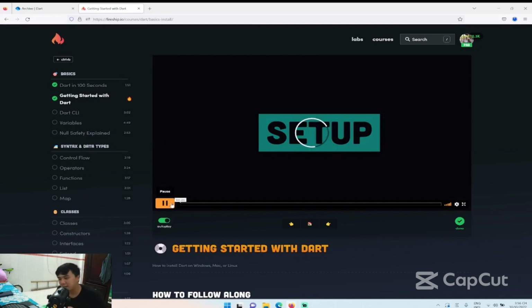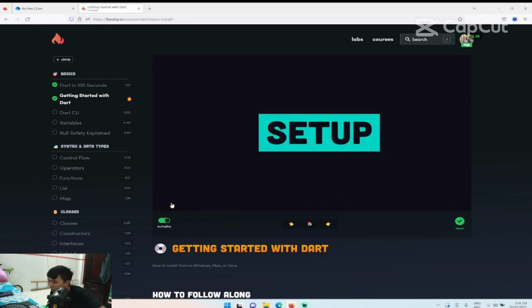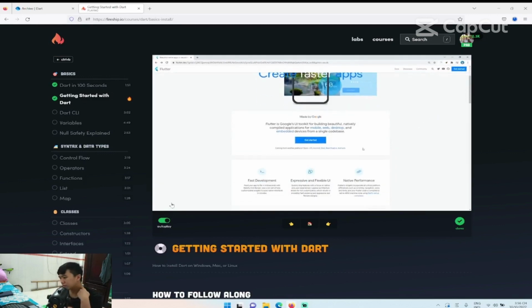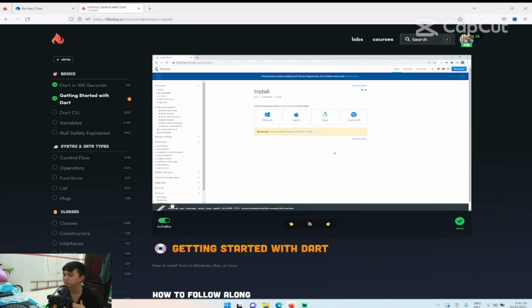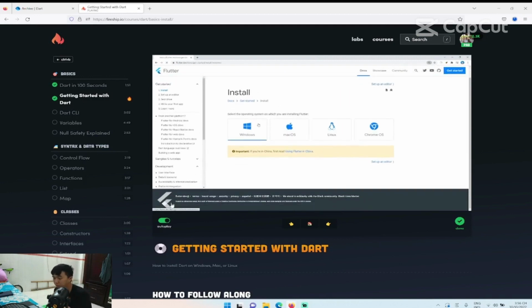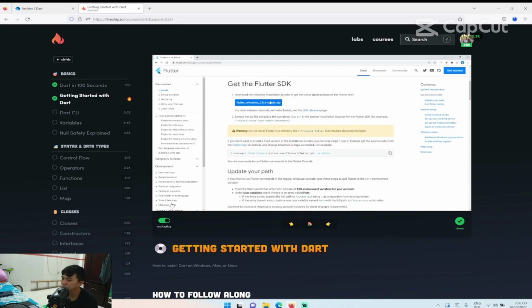Let's study some Dart. The best way to follow along with this course is to install Dart on your local system. We won't actually be using Flutter in this course, but I'm assuming if you're learning Dart, it's because you want to learn Flutter. And when you install the Flutter SDK, it also automatically installs Dart on your system. If your goal is to learn Flutter, I'd recommend going to the Flutter install site and following the install instructions for your